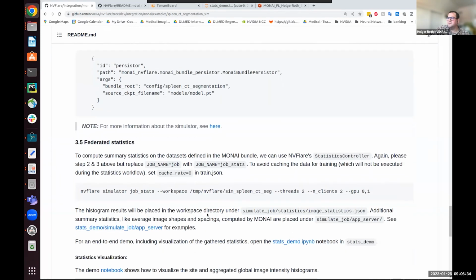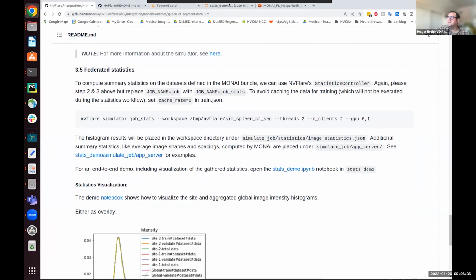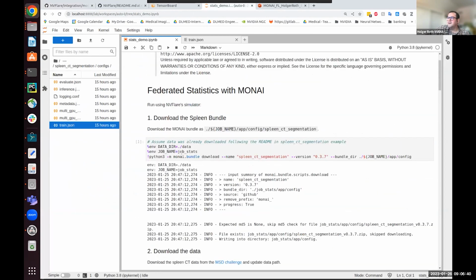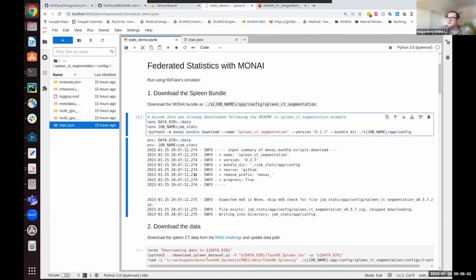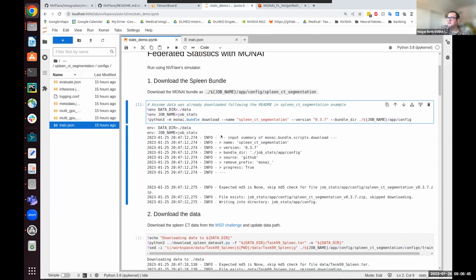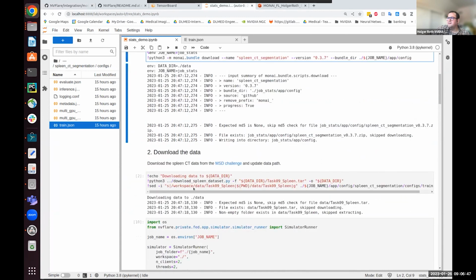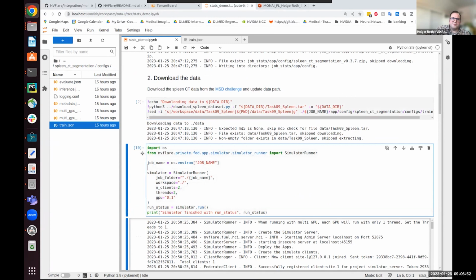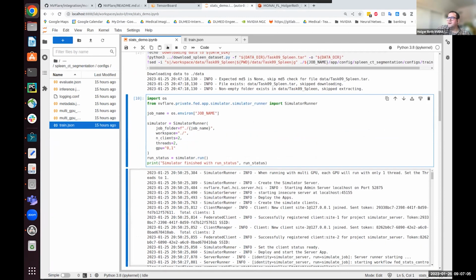You can run that from the command line, or you can actually look at a notebook, which we have here. Again, this is downloading the spleen bundle, downloading the data. So this is the end-to-end workflow. And then now in the notebook, you can use this simulator runner class directly to specify your local setup, like number of threads, number of clients, number of GPUs. So if I run that,